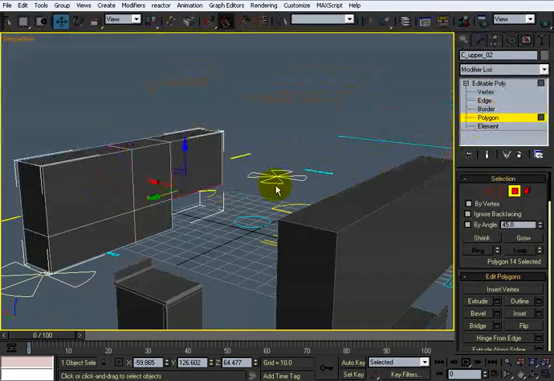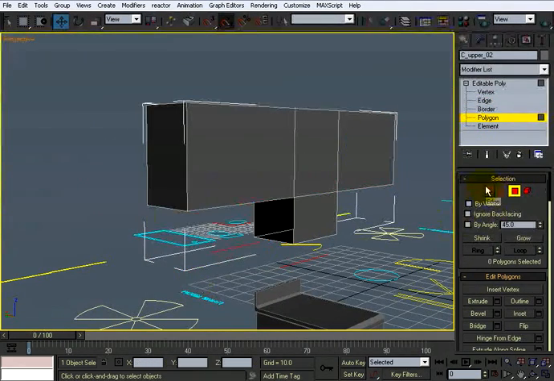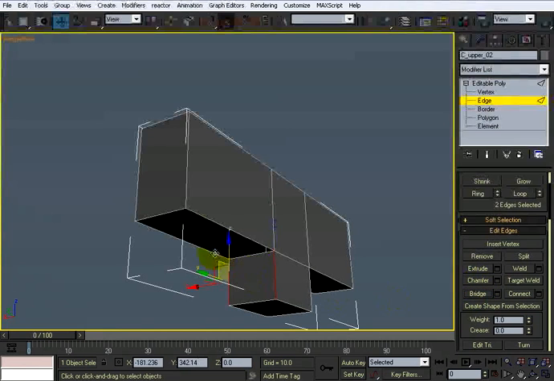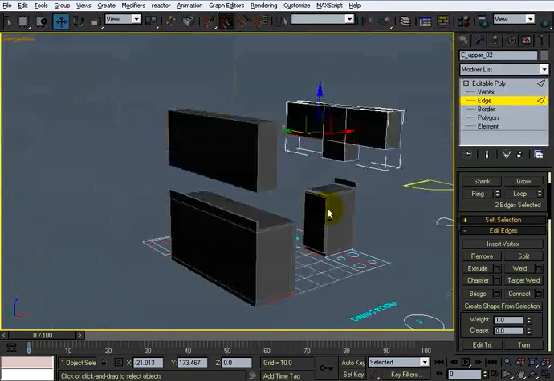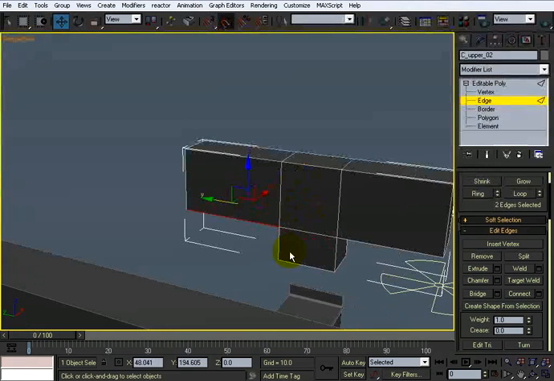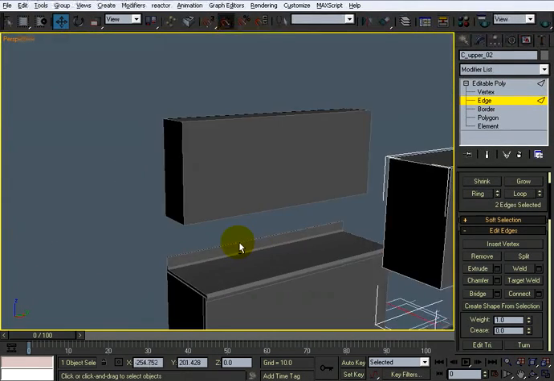And do the exact same thing on this side. Delete that, go back into edge mode, select these two edges, bridge them, select these two edges, and bridge those. Alright, now we have that ready. So it'll be two small doors here, one long door, two small doors here, and then on this side